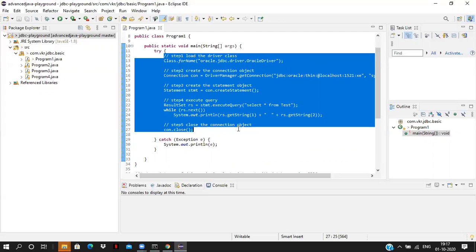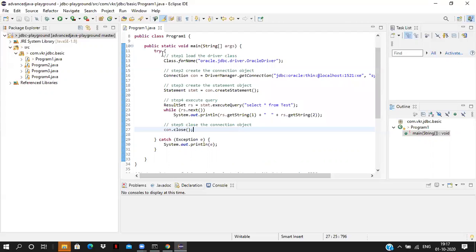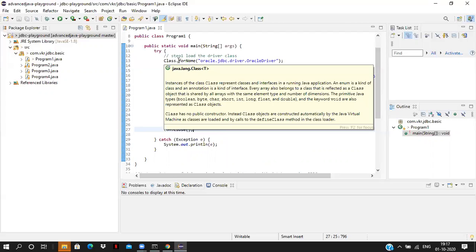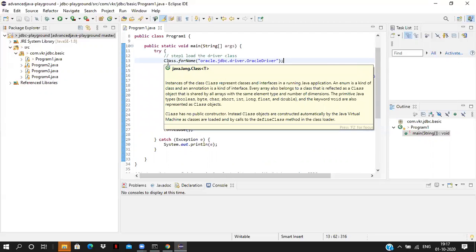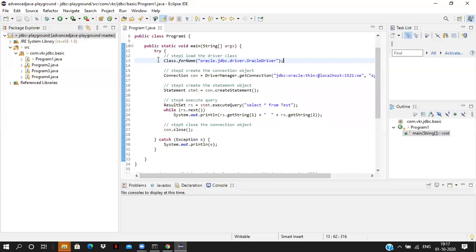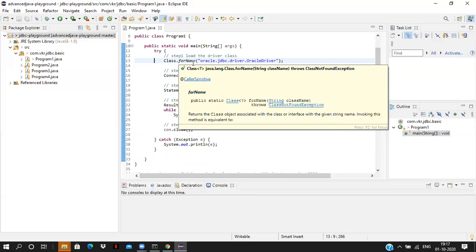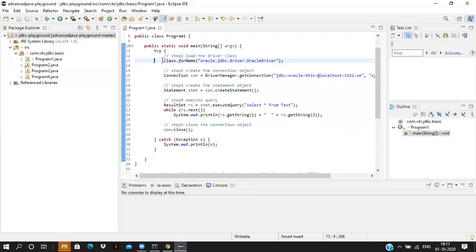Now if you want to interact with the database, here we have Class.forName. By using Class.forName, we can register the class. This class is from the java.lang package. By default, for every class we have a Class object. I have not explained that in the reflection API; I will explain it when it is needed. So if you want to register the class, we call Class.forName. This is the first step.